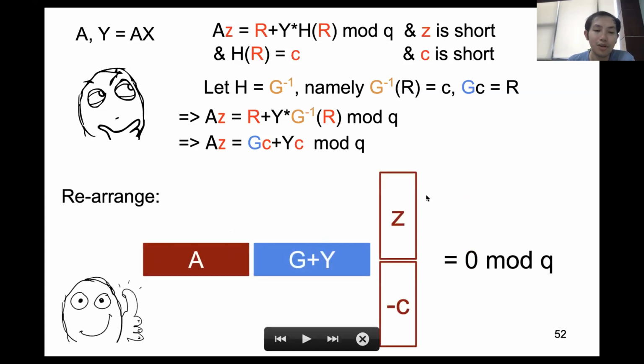And by a further rearrangement, you can see this is exactly solving the SIS instance where the public matrix is A concatenated with G plus Y. Since A is a random matrix and Y is close to random, by the leftover hash lemma you can prove A concatenated with G plus Y is statistically close to random, and this becomes a valid SIS instance. So therefore,